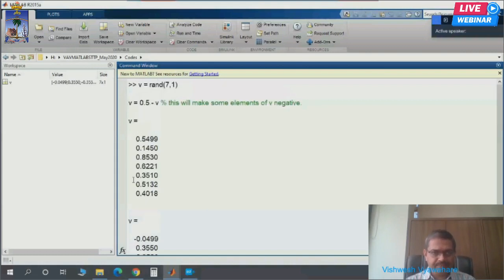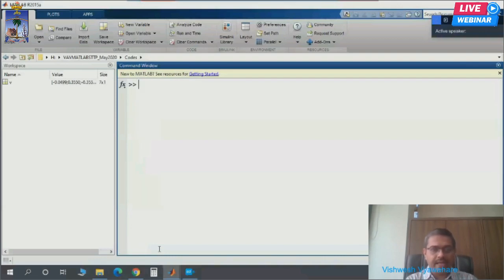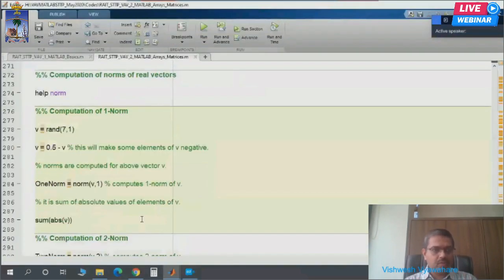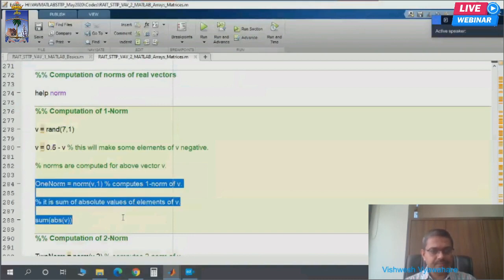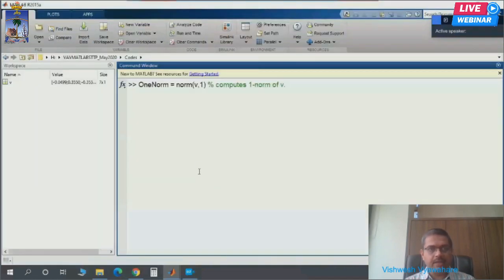This is the new V where some of the entries are negative. Now we will directly calculate the one norm. This is the variable that I have defined.